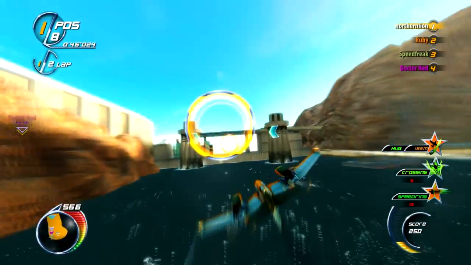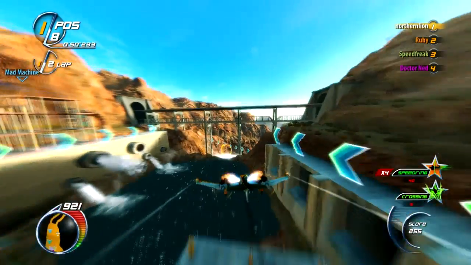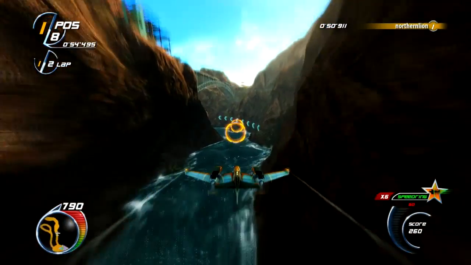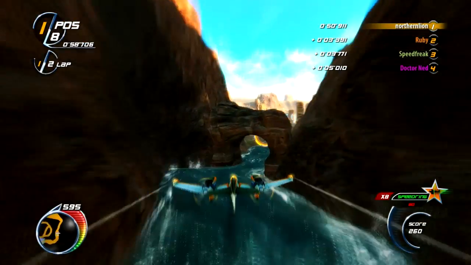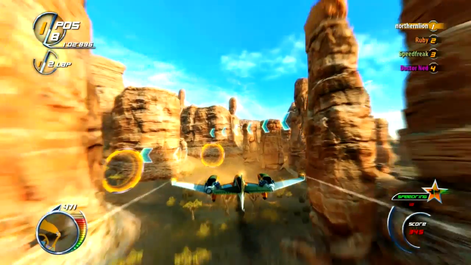And these speed rings are going to help us out because they give us a little boost every time. And the way you get boost in this game is similar to a Project Gotham style. Basically, you get boost by doing cool stuff. So if we fly really close to the ground or really close to a wall, we'll pick up some boost. So I might pick up some just for going through here. Looks like I did. And of course, if we shoot down...